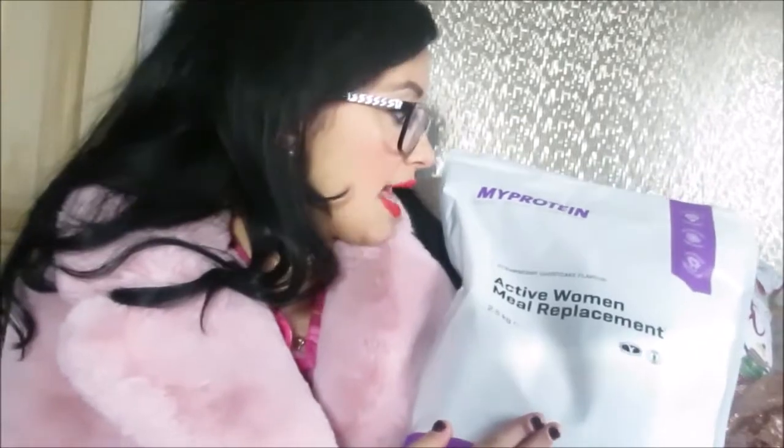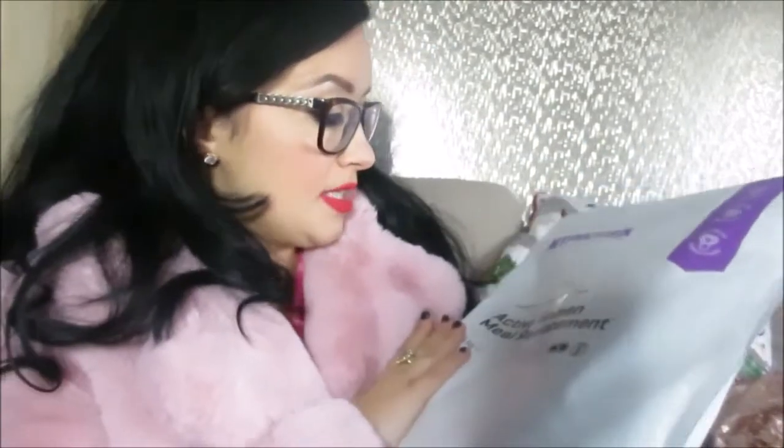Moving on to 2 other fitness and food bits. I do have quite a lot of the MyProtein meal replacement shakes. I have normally been using just the low calorie meal replacement. My favourite is probably the salted caramel, but I have recently bought the women's active meal replacement by MyProtein in